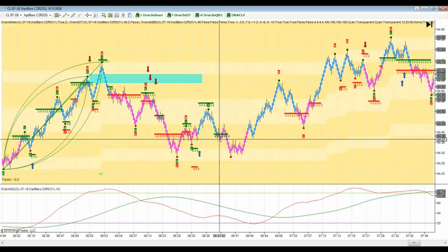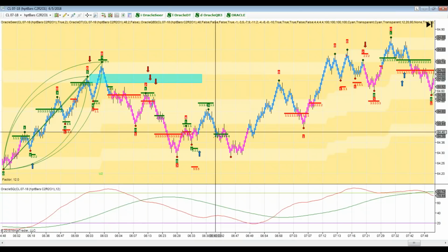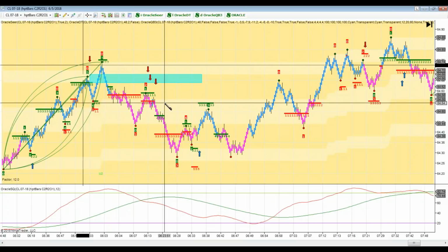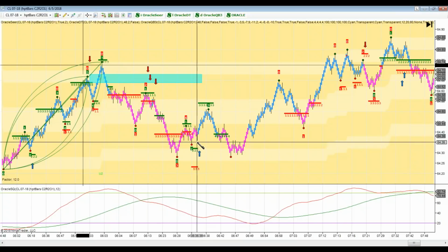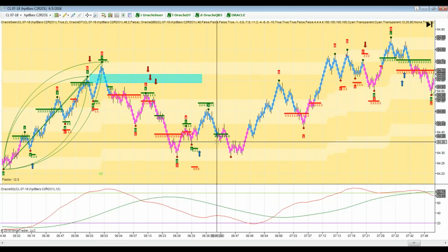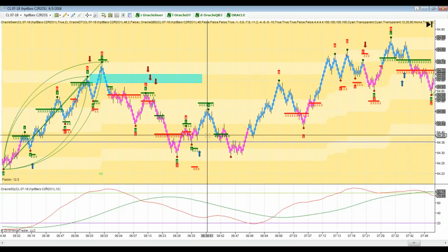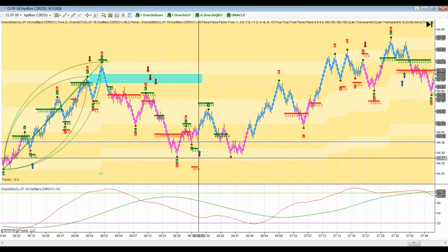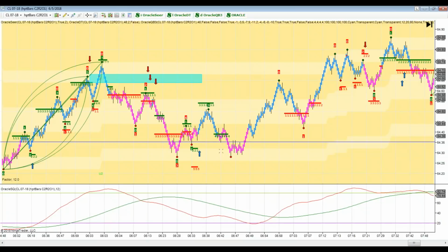Okay, and this is where the preferred way of re-entering takes place. Of course, in your mind's eye, you can normally see a line through here. In other words, your stop area would have been here. You would have gotten stopped out there. I can put a horizontal line here to show that, but a lot of traders will be able to eyeball it. But it's a good idea. Put the line up. All right. So this is the important line right here. And what we're going to do, unless there's another wave 2 entry, in other words, if we had a wave 2 short entry before we got another re-entry, or if we had a wave 2 long entry before we got another